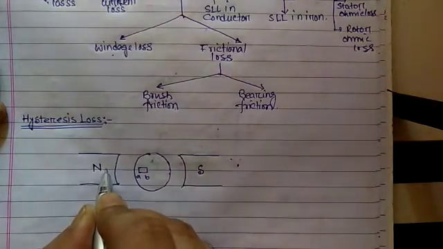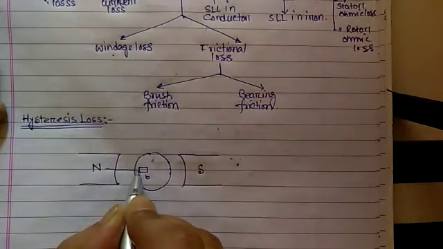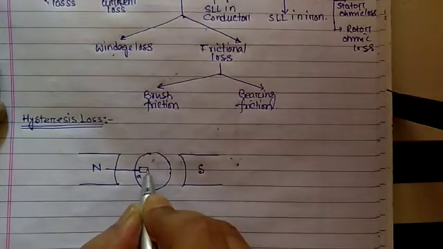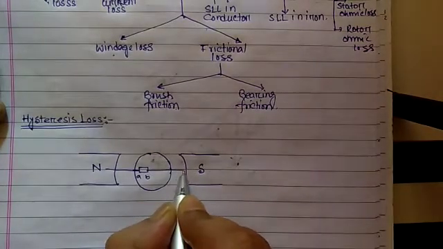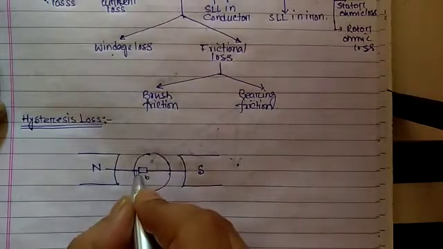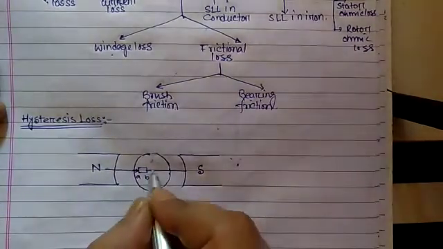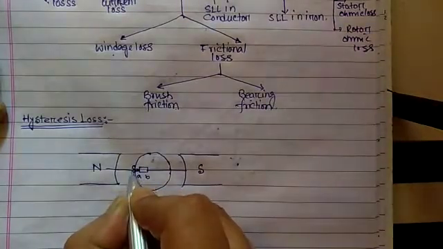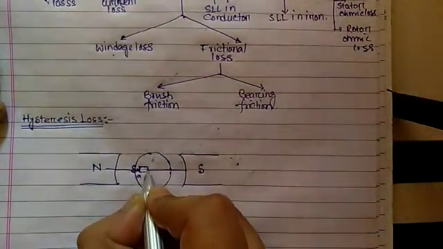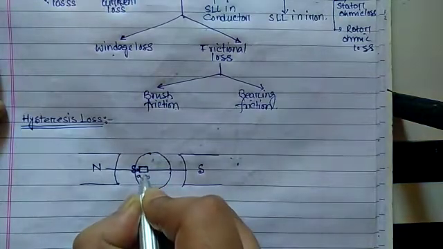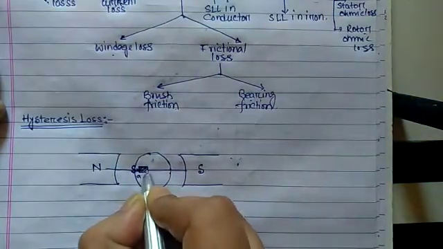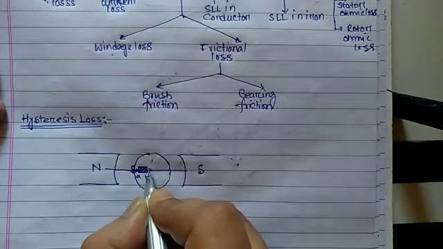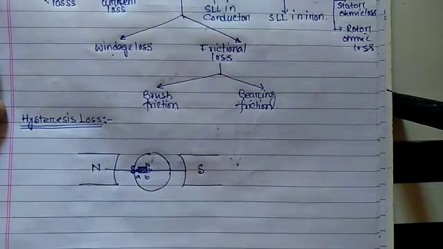So flux enters A and leaves from B. As you know, the entering part is the south part in this piece, and the leaving part is north. Okay,